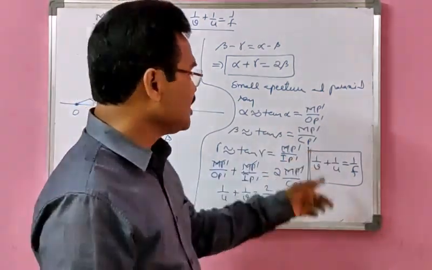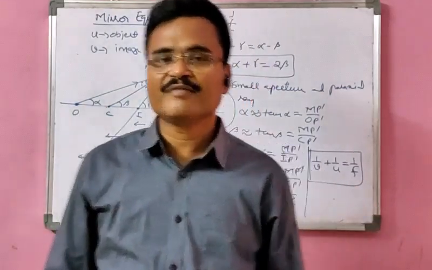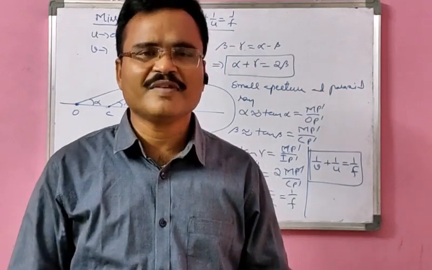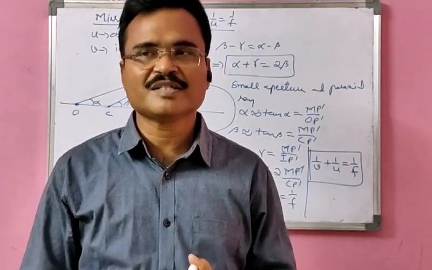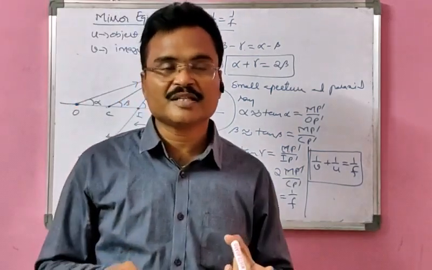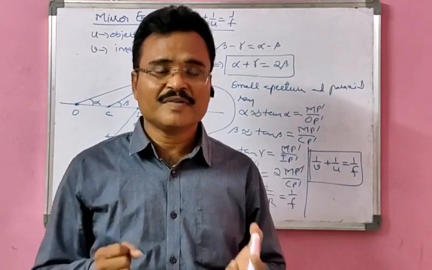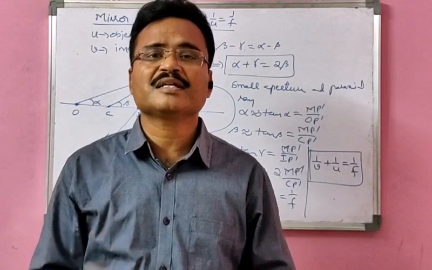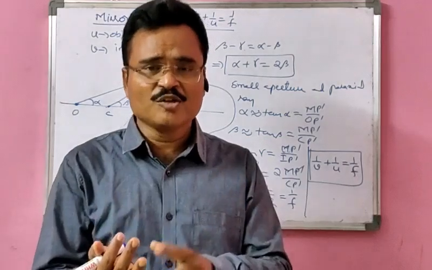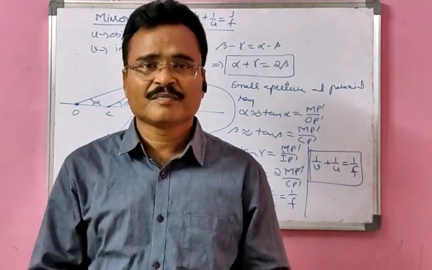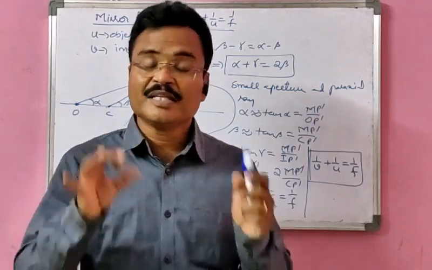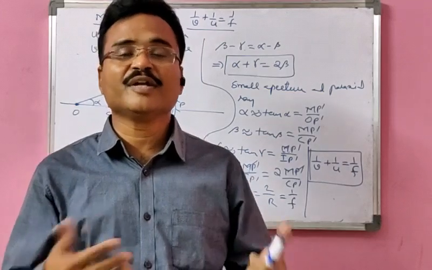But in the problems, while using this formula, you must be very careful that sign convention is used. In general, the object distance will always be negative, and image distance, depending on the position, varies. The second thing to keep in mind is: don't attribute any sign to the quantity that you are going to find. For example, you are given U and V and asked to find F. Even if it is mentioned, you don't attribute any sign to F, because in the formula itself you are going to get the F value negative or positive.